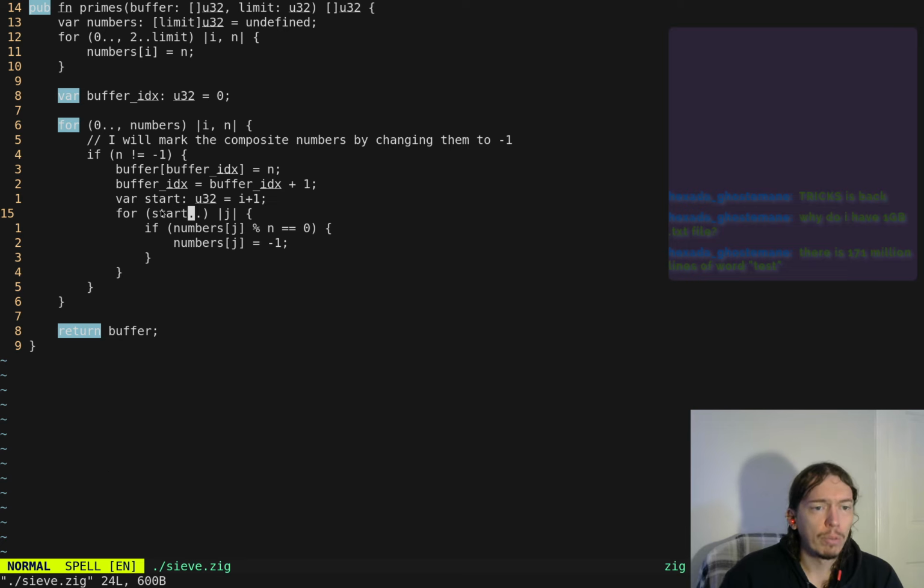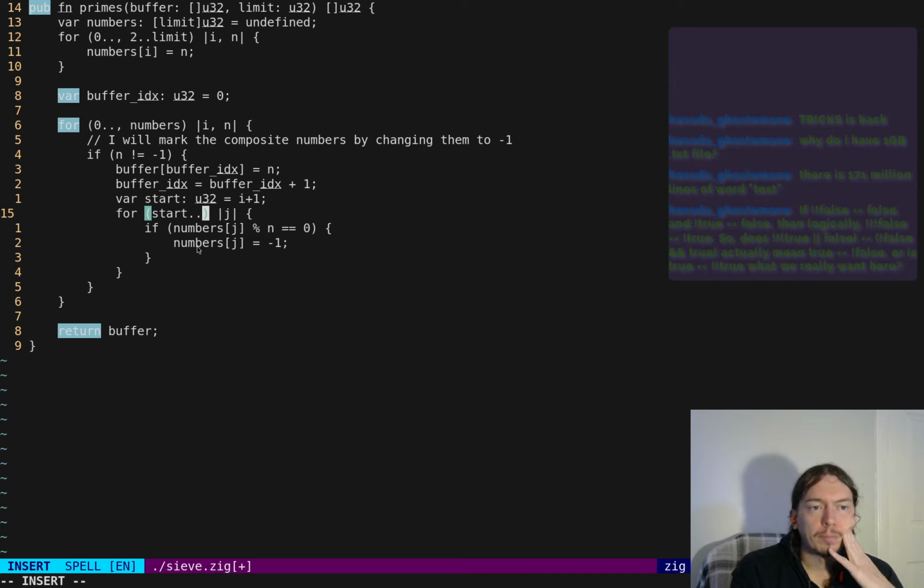Unbounded for loop. For start. Okay, that matches. Oh, right, of course. We have to put the end here. So where do we end? We end at limit? No. We end at